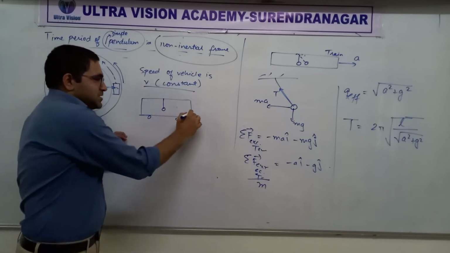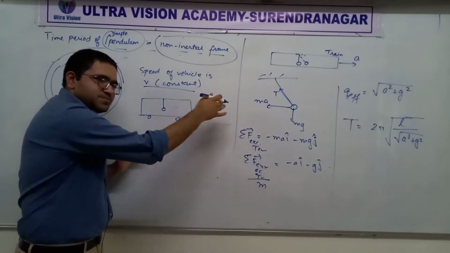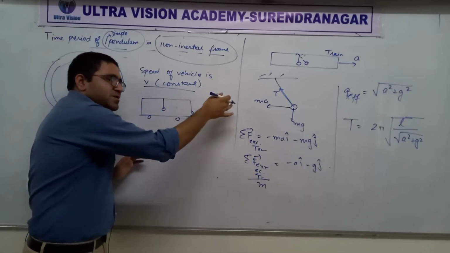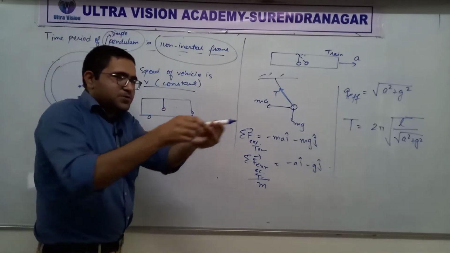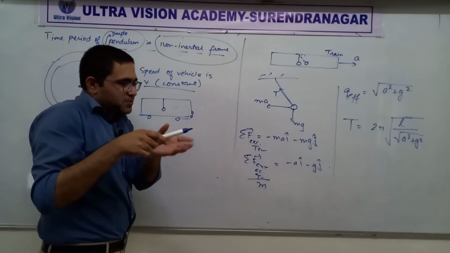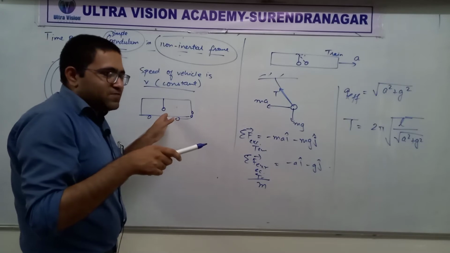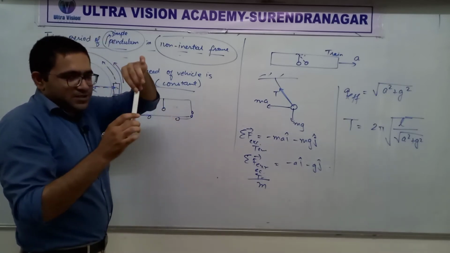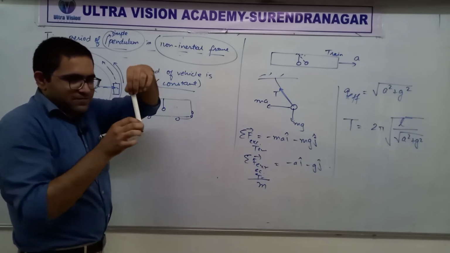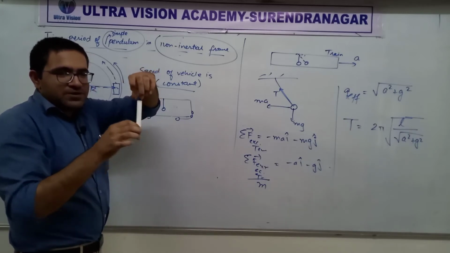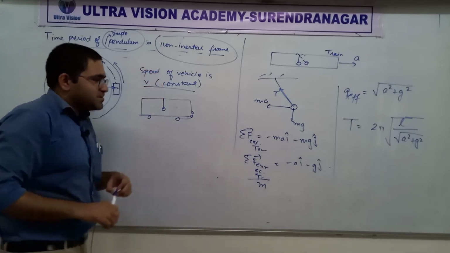See, suppose these are the headlights, and this is going to turn like this inwards. So the center will be behind the board, correct? If this vehicle is going to turn like this, at this point the center is behind the board over there. So the pendulum is oscillating in line of center, not like this. Understood? Clear?